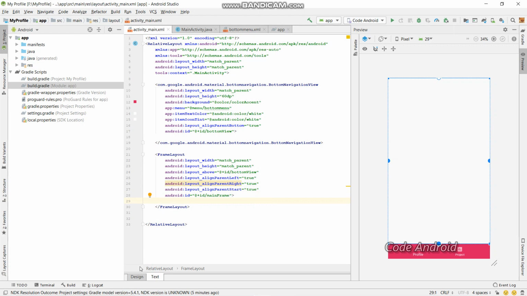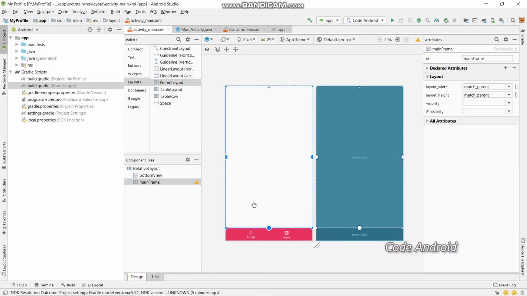And this is all about this part, and we have successfully designed